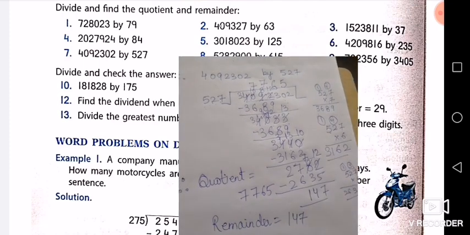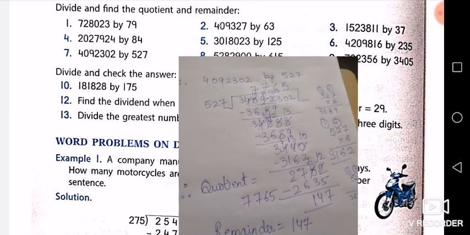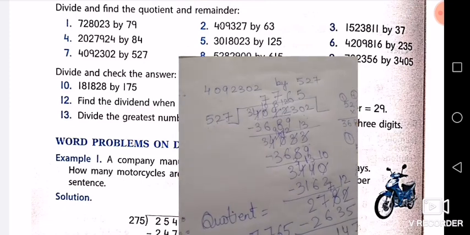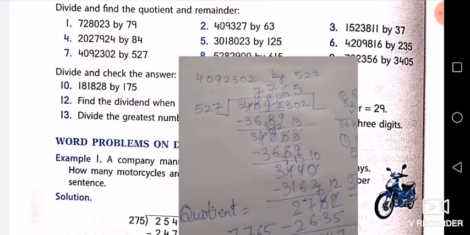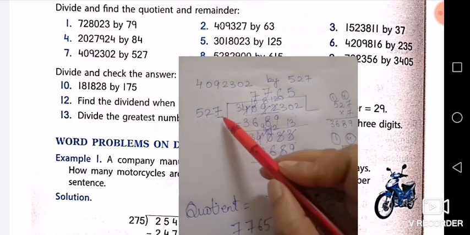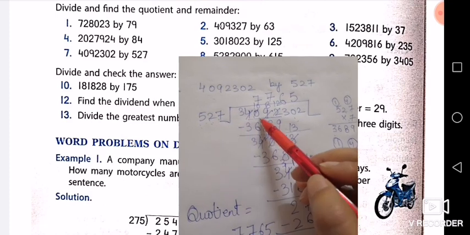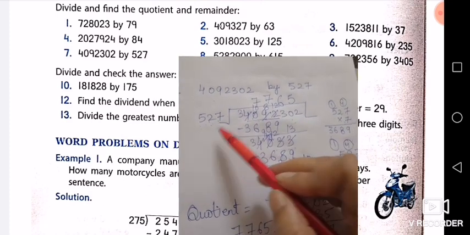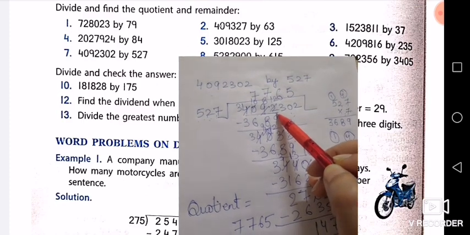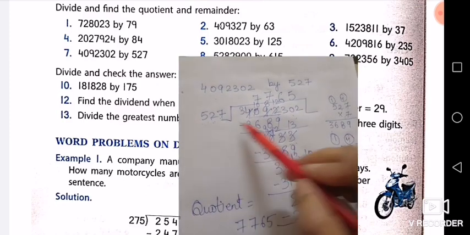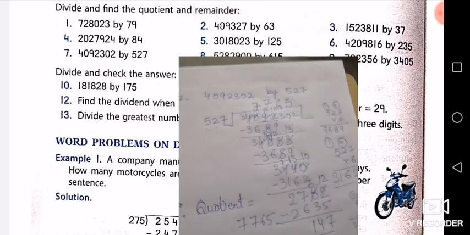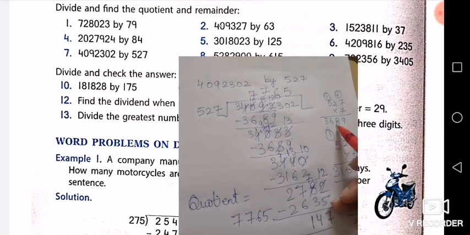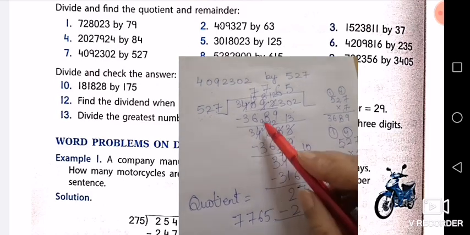This you can do in your rough column. Here you can make a rough column, and then you can do this multiplication. So let's see the question again. The question is 527 is your divisor. We'll see first 3 places. First 3 places is less than 527. We are going to take first 4 places. So now 7 fives are 35, which is nearer to 40. So it will go on 7 times. We'll do the multiplication. We'll get 3689.